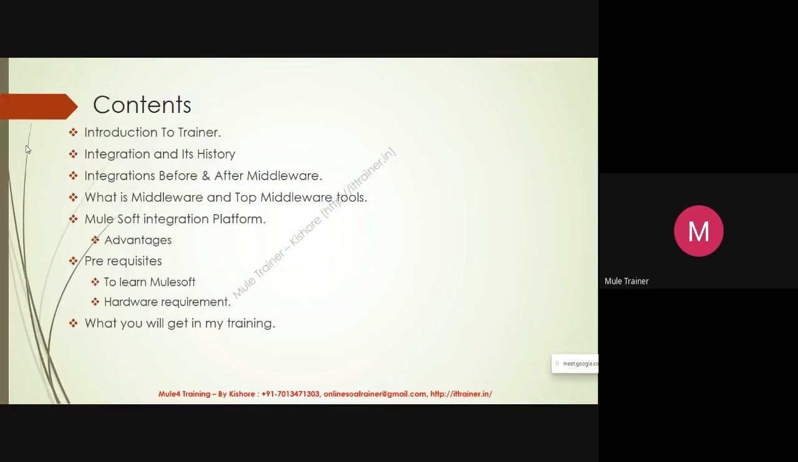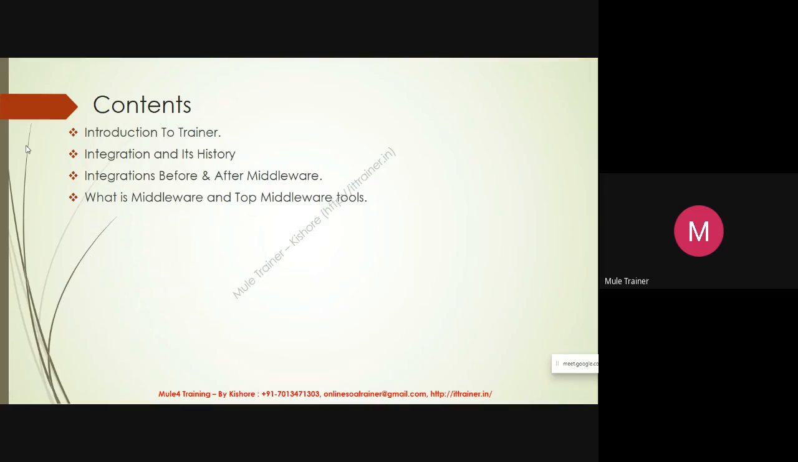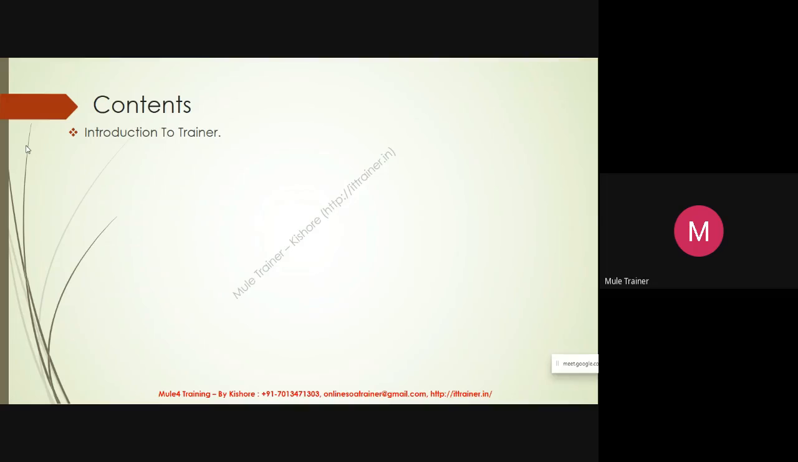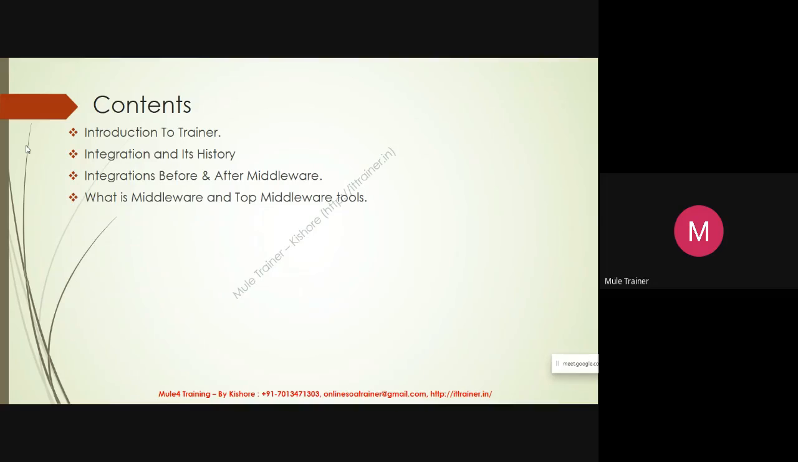Hi all, welcome to the MuleSoft demo session. These are the contents we are going to discuss: an introduction about me, the trainer, and integration and its history, how integrations were before and after middleware, what middleware is and the top middleware tools in the market, and MuleSoft as an integration platform, how it would support that,